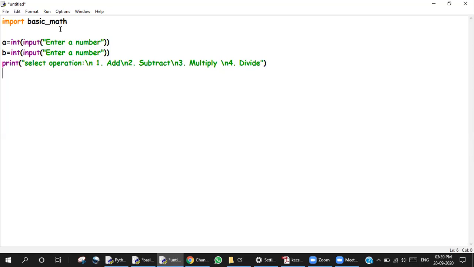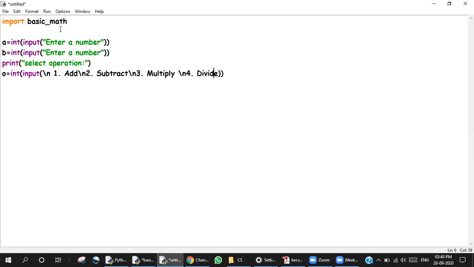All right, and finally over here I'm going to take an input from the user. So I'm going to take the operator, so O equals integer input. Whatever input is taken from the user, I'm going to take it and then do if and else.